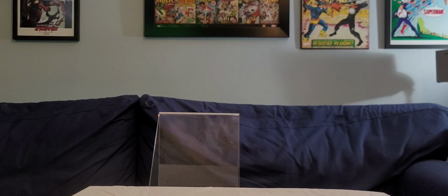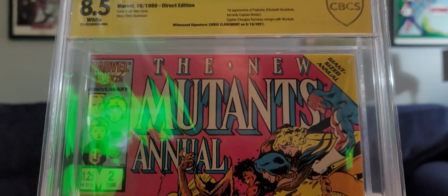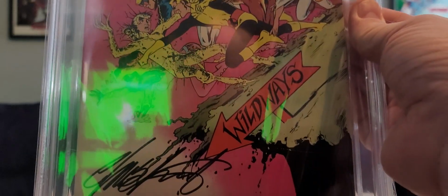I'm going to share my eBay sales that are going on right now. I'm going to show these graded comics that I'm selling, so check them out. First one I'm going to be sharing with you is New Mutants number 2. It's an 8.5. It's signed by Chris Claremont